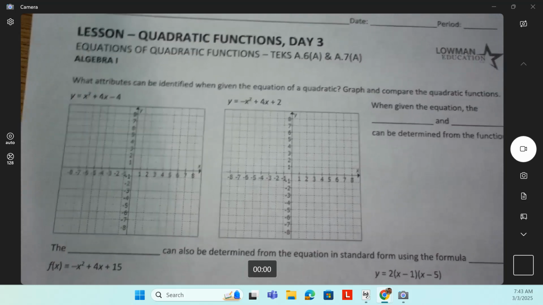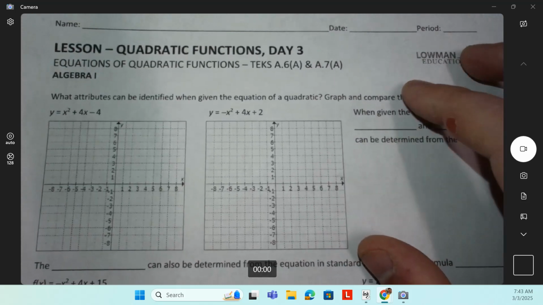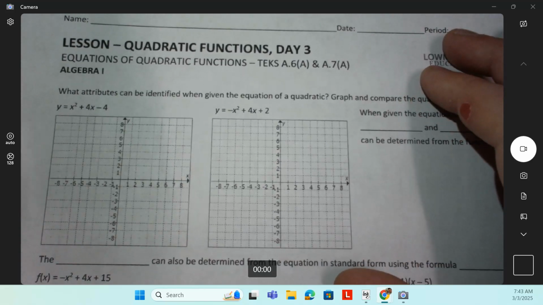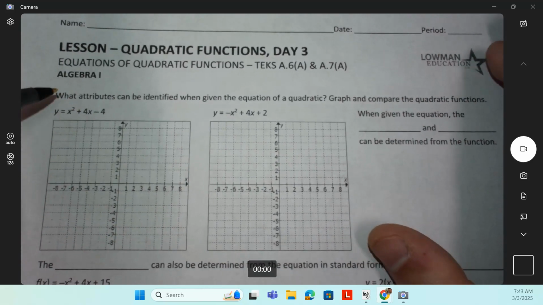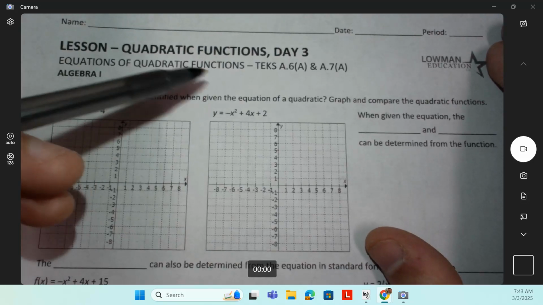Okay, go look at day 3 of quadratic functions, equations of quadratic functions. So when we're looking at these, first I want to know what attributes can we identify when we just have